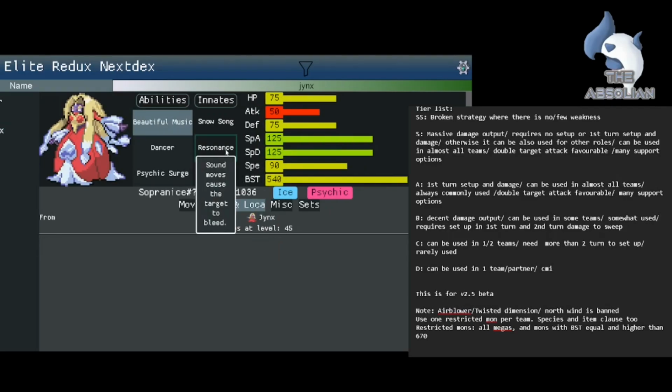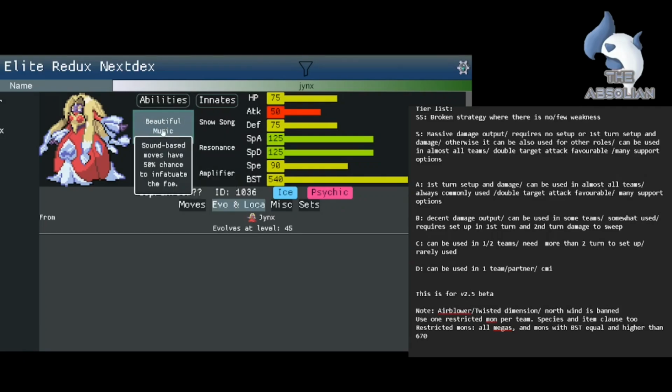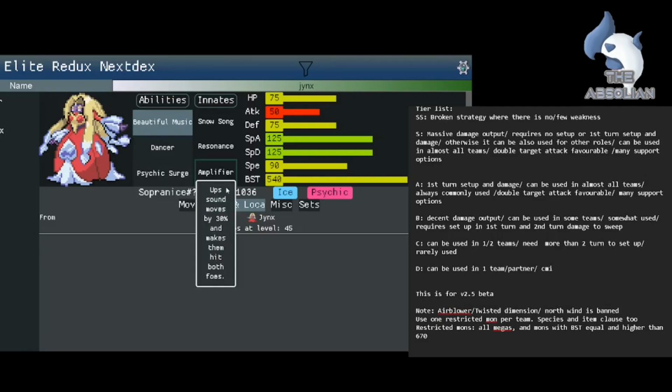So yeah, and not just that, Resonance, it can cause the opponent to bleed, which means it's like a burn damage, and the opponent cannot heal. Yes, for that first turn, if he wants to heal. And it has a beauty sound, means it can have a 50% chance to confuse the opponent, which means, no, sorry, not confuse, infatuate the opponent, meaning that the damage output for the opponent will do less damage against me. So yeah, because of this, I think Surprise is a pretty interesting